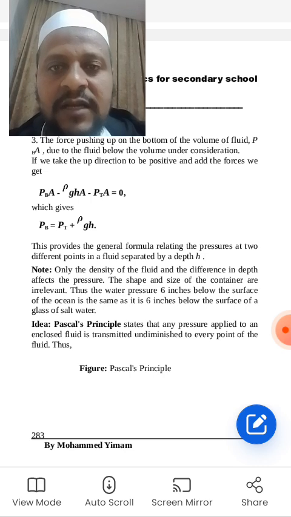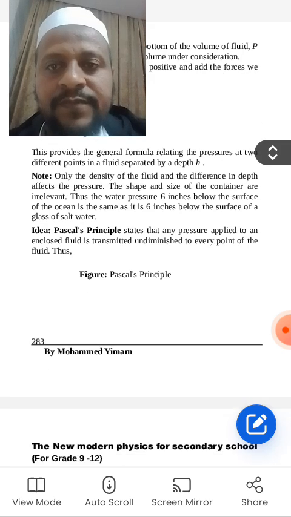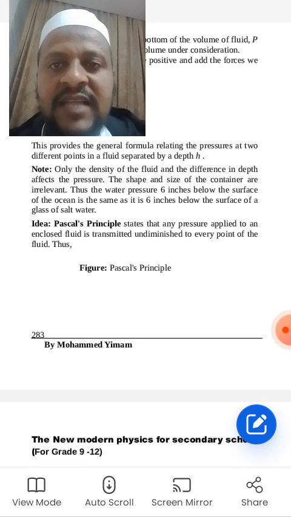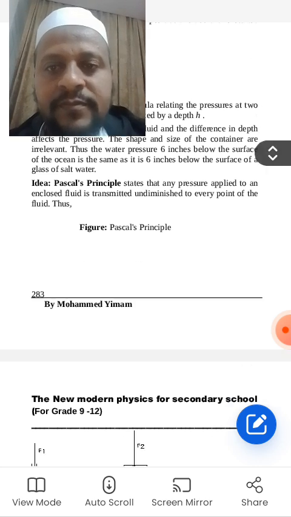Thus, the water pressure 6 inches below the surface of the ocean is the same as it is 6 inches below the surface of a glass of salt water. Pascal's principle states that any pressure applied to an enclosed fluid is transmitted undiminished to every point of the fluid. Thus,